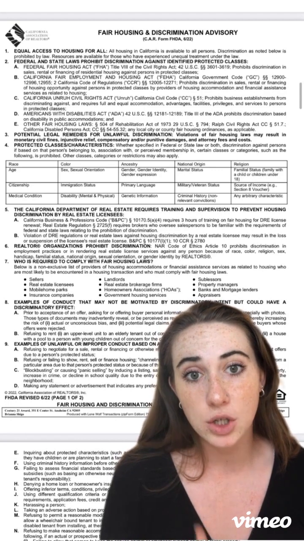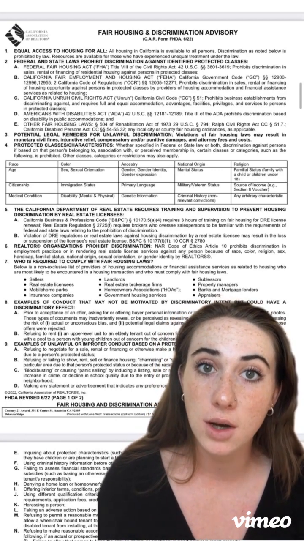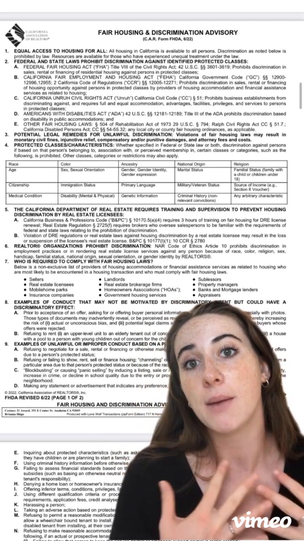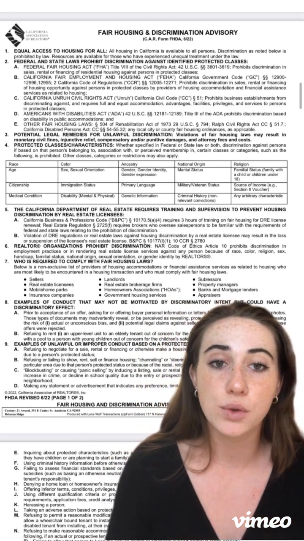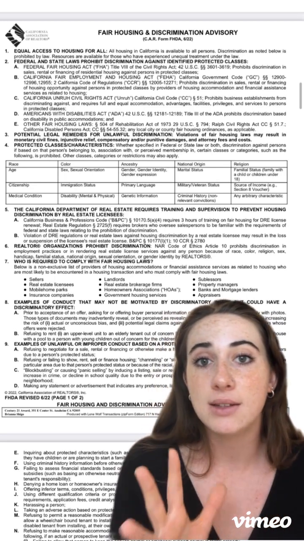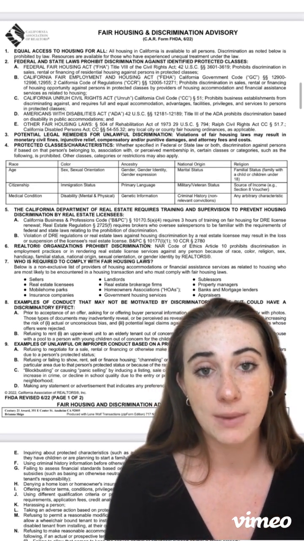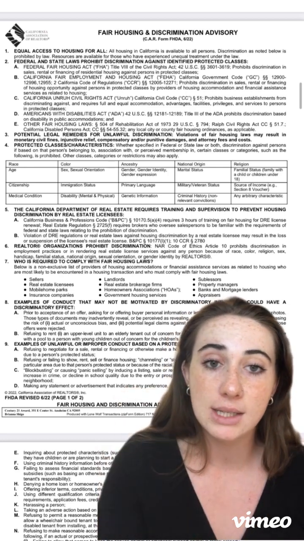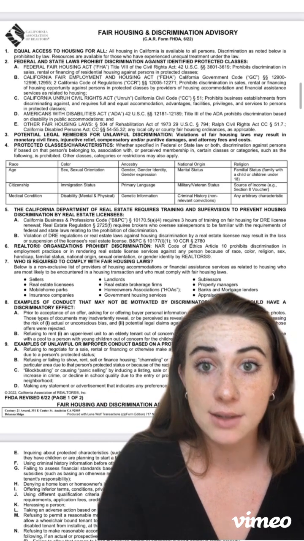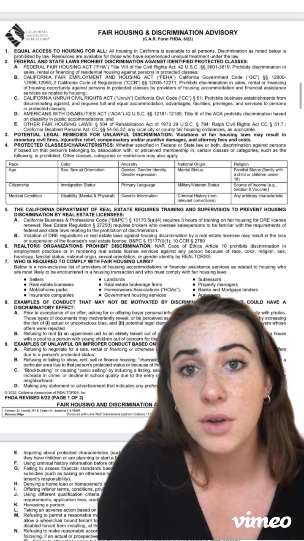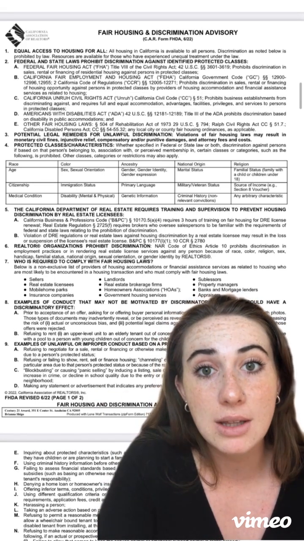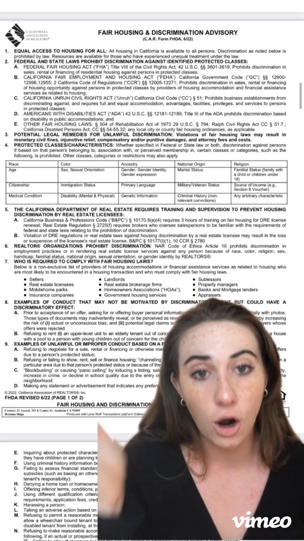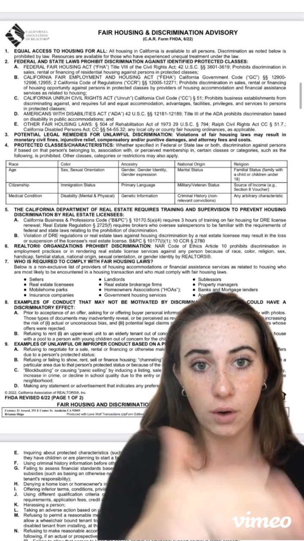So this first page on the top goes over a couple of the current laws in place against discrimination, such as the Federal Fair Housing Act and the Americans with Disabilities Act, and it kind of goes over what those laws entail, and then some of the potential legal remedies if discrimination does occur. The big chart that you see are all of the protected classes and characteristics against discrimination. So things like medical conditions, citizenship, disability, immigration status, genetic information, all of these classes are protected under all these